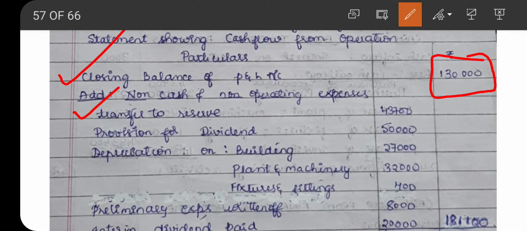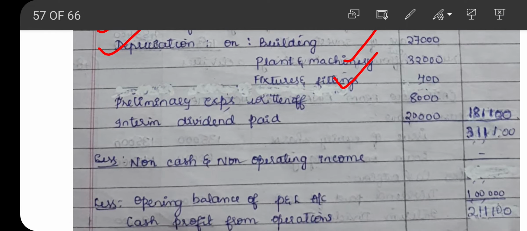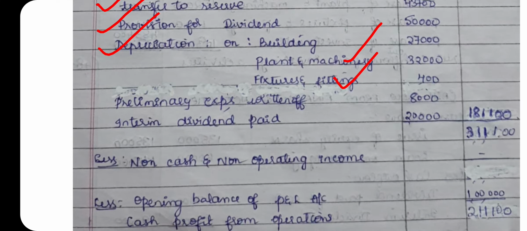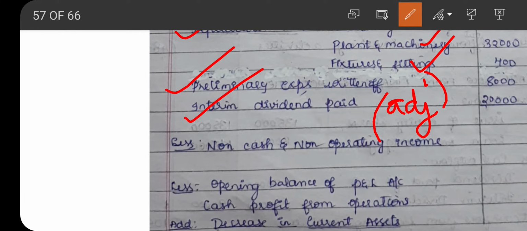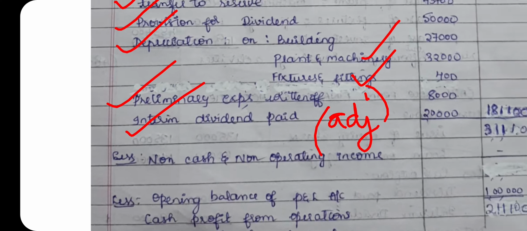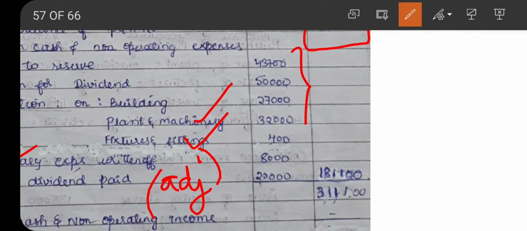So we are having transfer to reserve, provision for dividend, depreciation on building, depreciation on plant and machinery, depreciation on fittings, then preliminary expenses written off, and interim dividend paid. So interim dividend paid, it is given in the adjustment. So we need to write all the amounts and then the total of it. So the total comes to